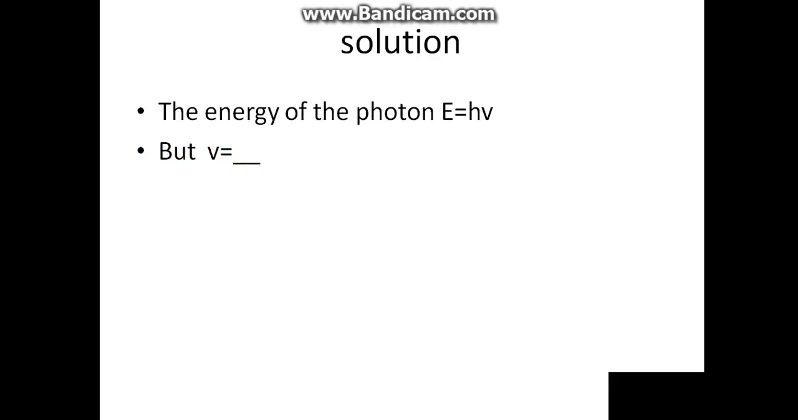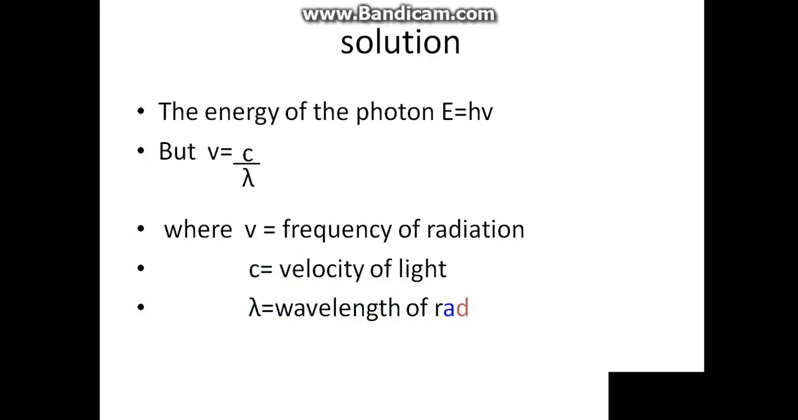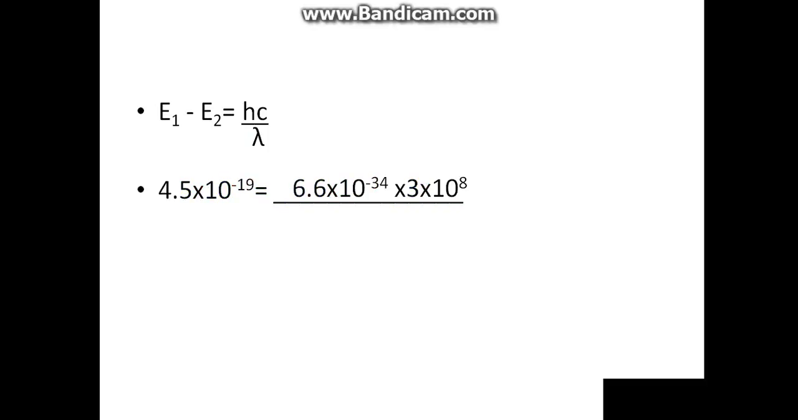Solution. The energy of the photon, E, is equal to hv, but v is equal to c over lambda, where v is the frequency of radiation, c is the velocity of light, and lambda is the wavelength of radiation. E1 minus E2 is equal to hc over lambda. We now substitute the values to get 4.5 times 10 raised to the power minus 19 is equal to